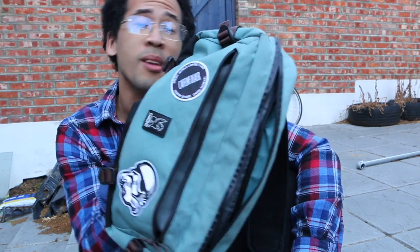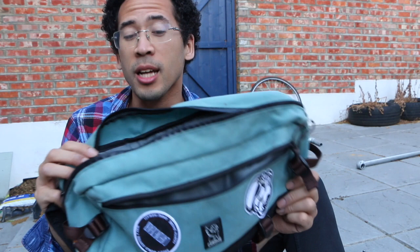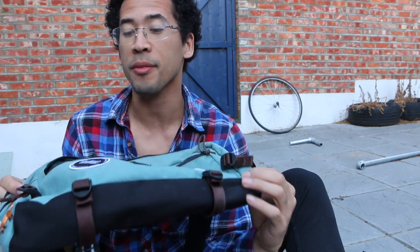I'm gonna give you guys the pro tip of pro tips. Buy used off eBay. Now it can be sketchy sometimes, so really do read the descriptions, make sure you know what size bag you want, and if there's a specific model like the Chrome Cadet here, make sure to search for Chrome Cadet. This bag is not waterproof, it's not perfect, but what I love about this bag is that